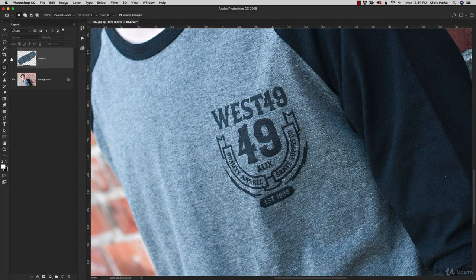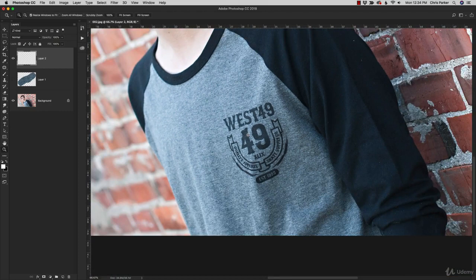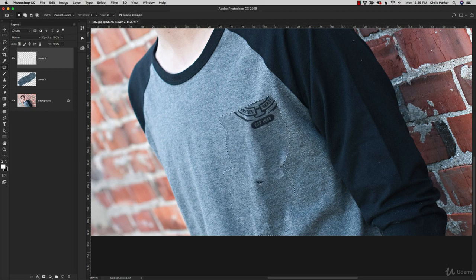All right, I'm going to go ahead and turn this layer off and create a new layer, and I'm going to show you the limitations of this particular tool. Now, it is nice that it can fix a large area, but sometimes too much is too much. So I'm going to select the entire thing, and let's say we just want to get rid of this whole thing at once. Well, if I click and I drag this down here because I want to sample this area,